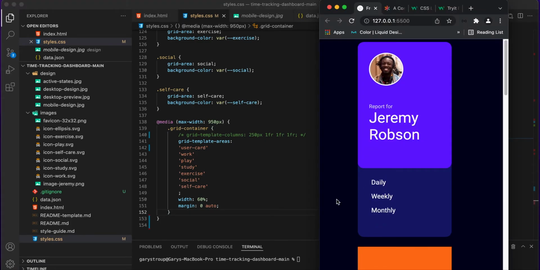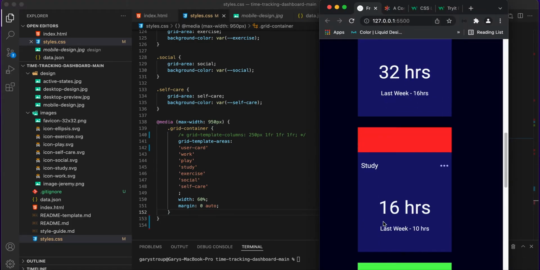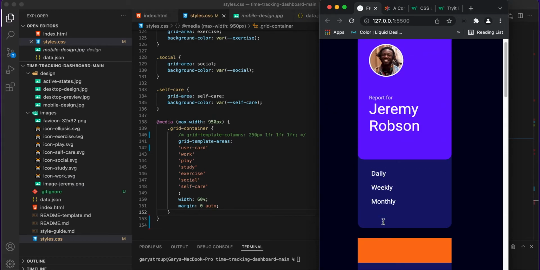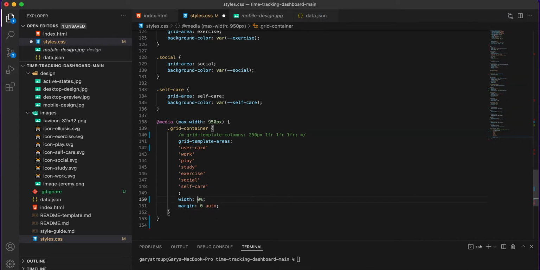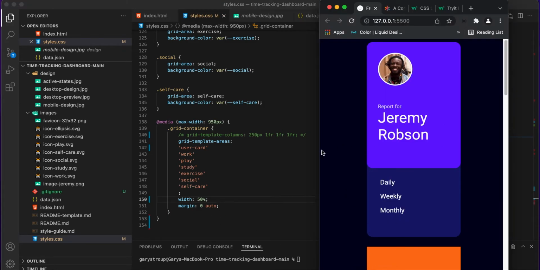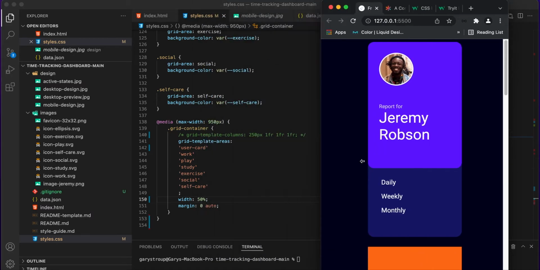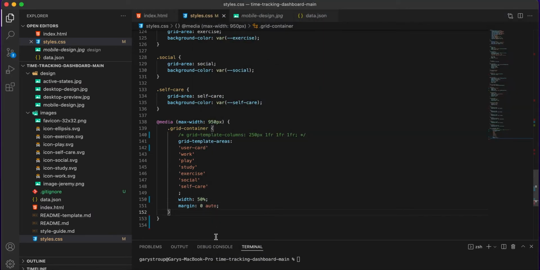So right now we have it like this. 60%. Okay, 50%. Okay. So that is hashtag user card dash